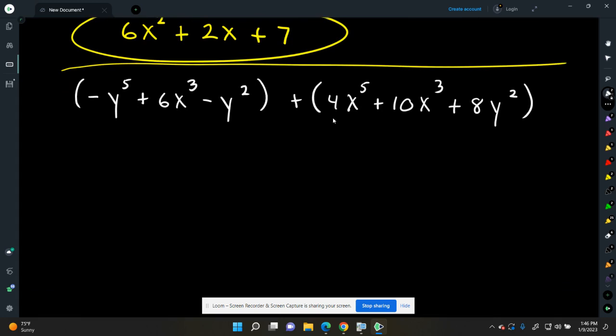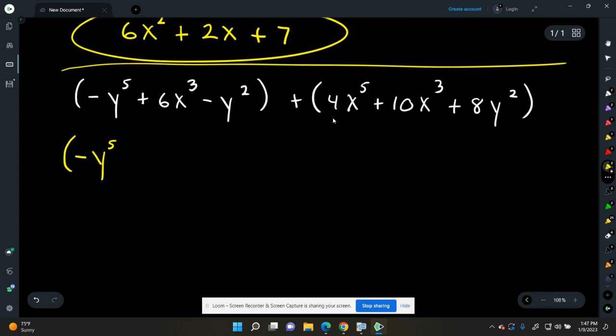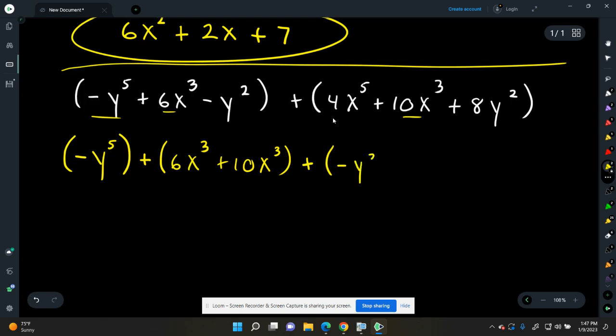Okay, let's do our like terms. So the first thing I see is a negative y to the fifth. Okay, where are my other like terms? Doesn't have them. Good. I thought I was going to trick you. So it's just negative y to the fifth. Plus, we've got a 6x to the third. So then we have a plus 10x to the third. Plus negative y squared